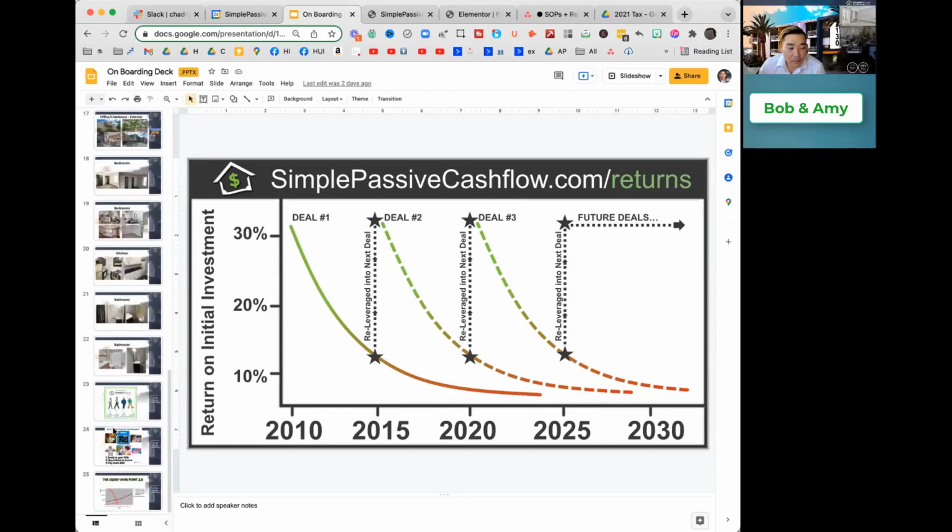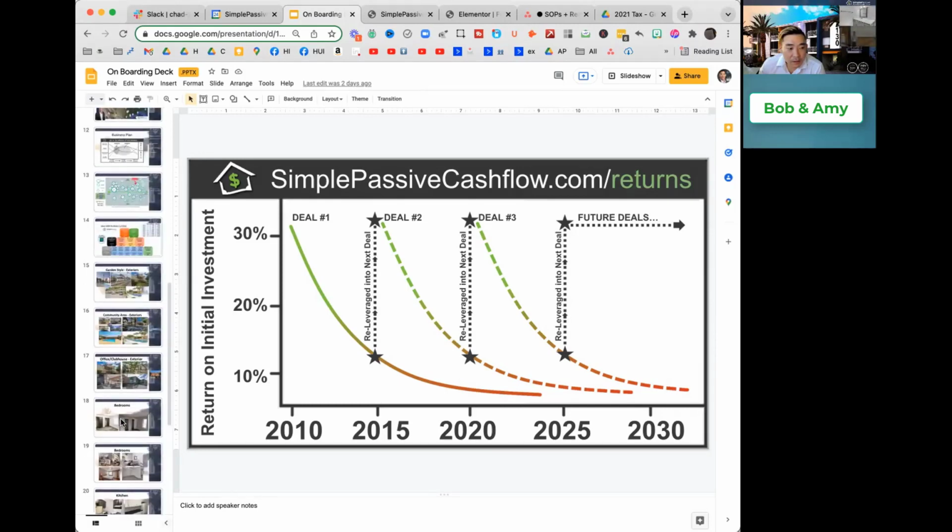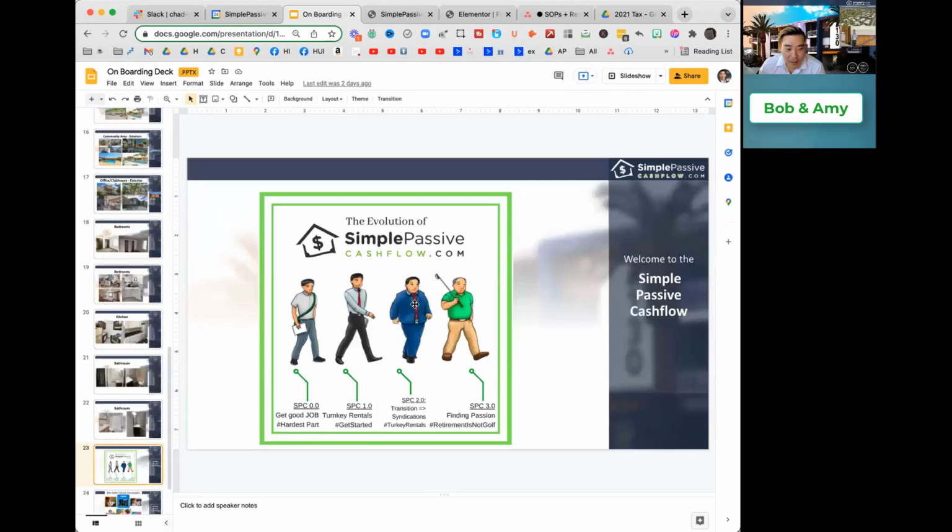using the equity on the properties. But we're now going through the process of selling those off and investing in better returns. You guys are still probably in the simple passive cash flow 2.0 stage, transitioning from the rental properties, which are high risk, high liability, big pain in the butt for paltry returns, and going to be more of a passive investor. And maybe in 5 years, you'll be transitioning more to the simple passive cash flow 3.0 side, where at